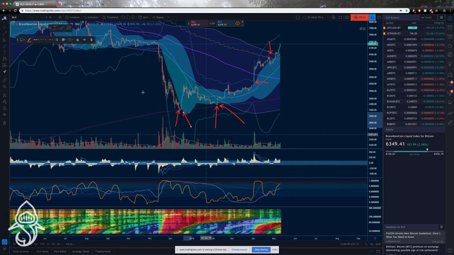the bottom on Bitcoin. Now, what if I had not done this correctly? What if I had called the bottom and price continued to trend downwards? What would have happened then? I would have lost 3 to 5% on a trade. Goodness gracious. So my profit ratio is 6 to 1.